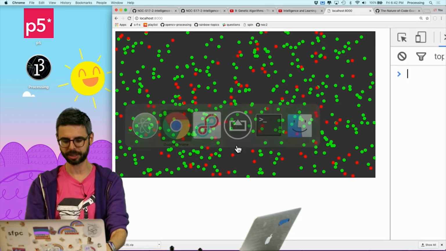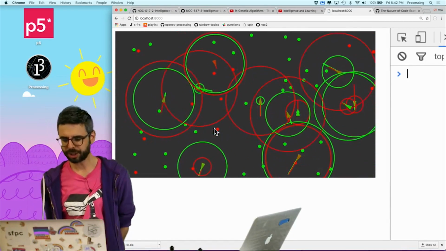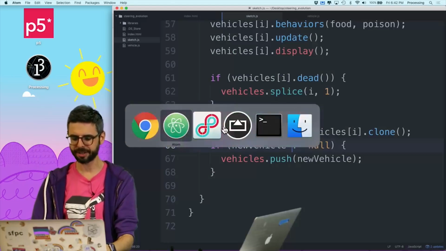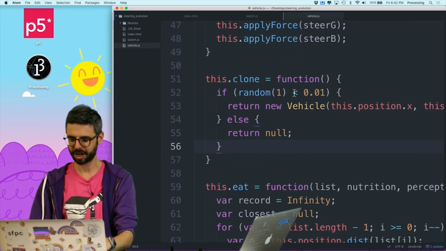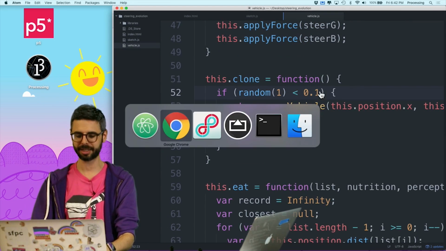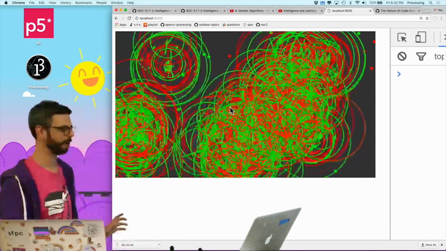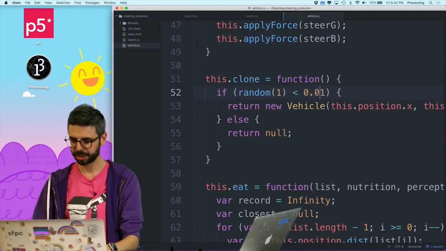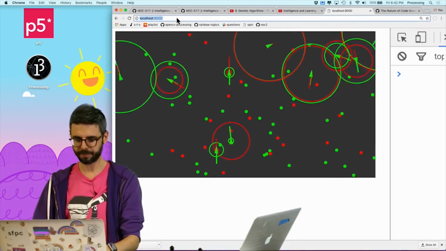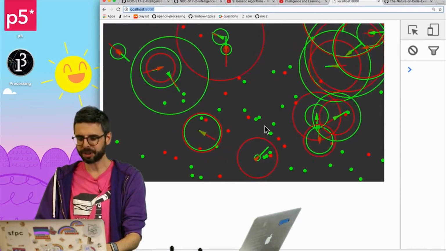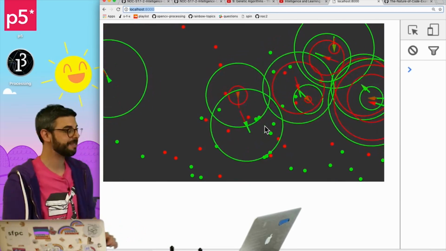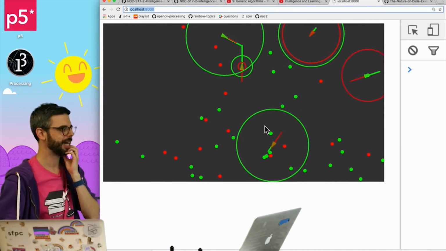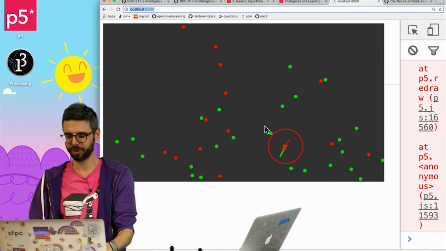Let's now try running this. So we should see, let's make it really happen really often, just so we can see that there's these new vehicles 10% of the time. We should be overwhelmed, right? We're overwhelmed with stuff. So that's clearly absurd, and I'm going to crash the computer. So 1% of the time, it might be too often as well, but let's leave that for right now, 1% of the time. Kind of want to add a piece of food.